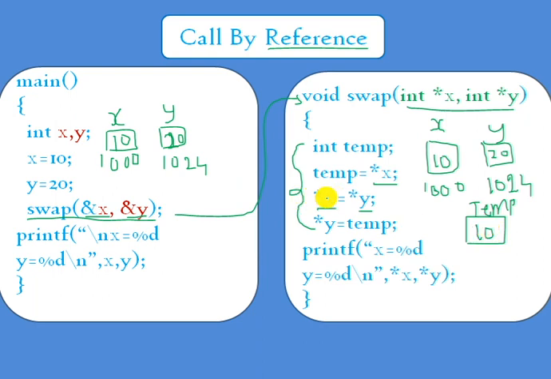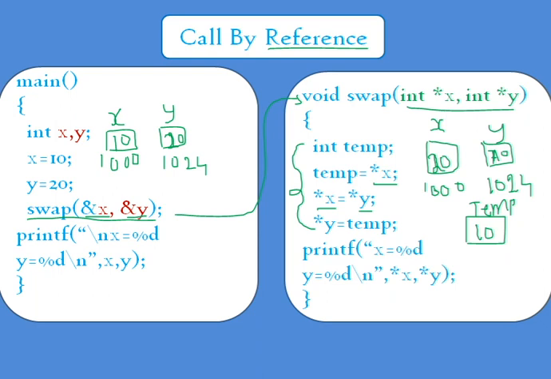And value at x equal to value at y. Value at x equal to value at y. What is the value at y? 1024 location value is 20. This 20 is updated in value at x. 20. Next, value at y. 1024 value is updated with 10. So you are implementing the interchange mechanism for the addresses of x and y which were sent by the main